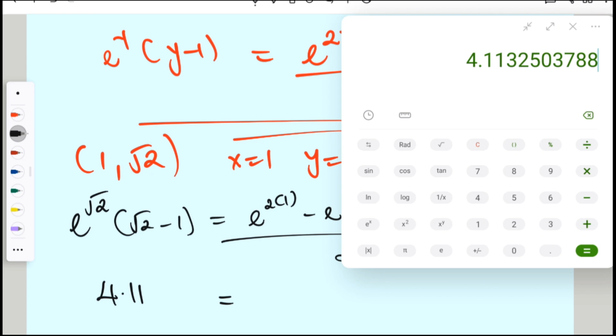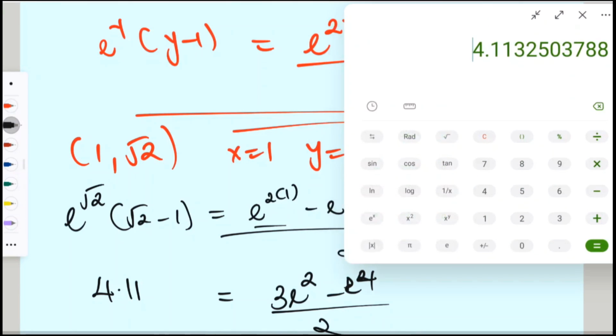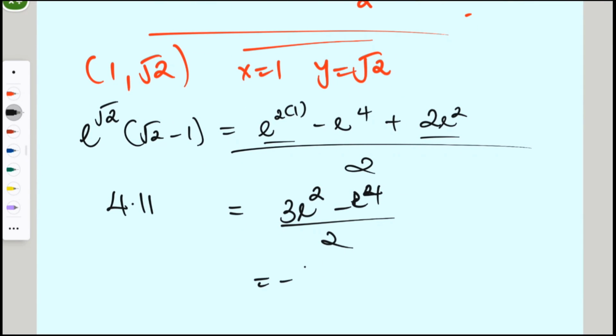And then the right hand side, which is e squared plus 2e squared, is 3e squared minus e to the power 4 over 2. Okay, the right hand side would be 3, so the left hand side is not equal to the right hand side,